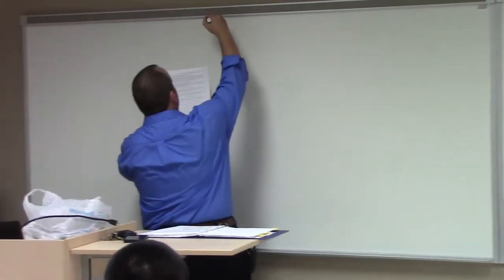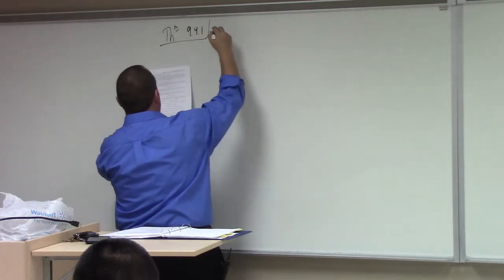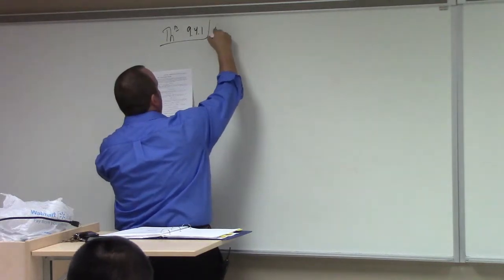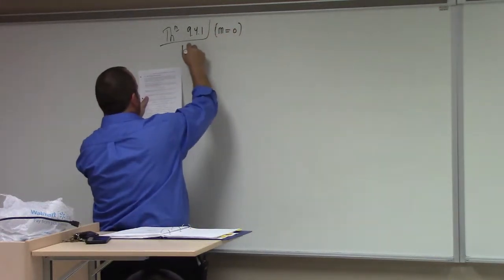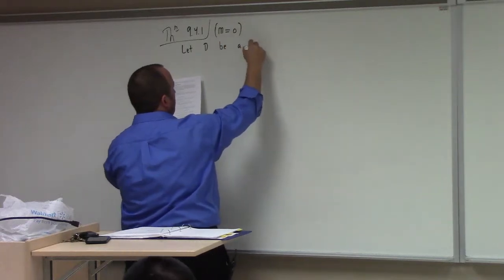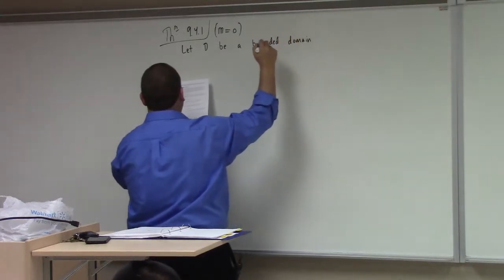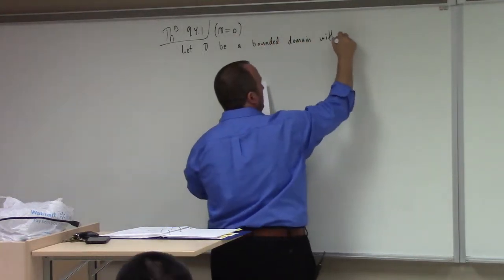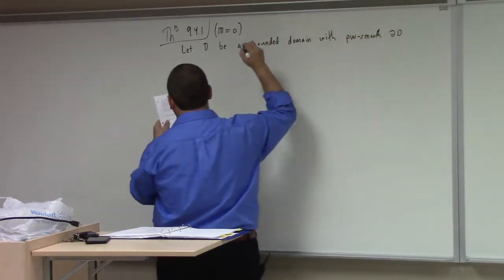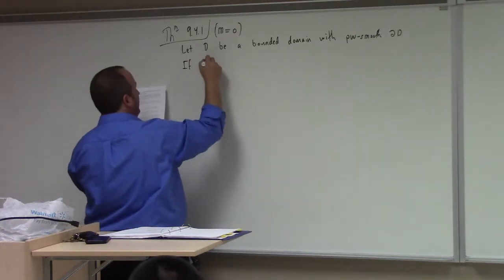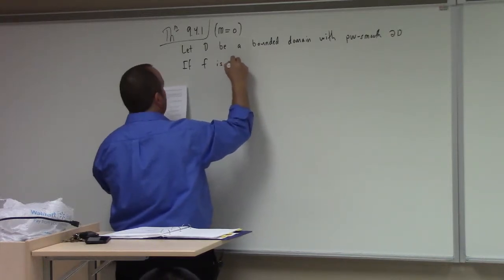So here's Cauchy's integral formula, which is my theorem 9.4.1, and it states this. And in view of the larger discussion, this is the m equals 0 case, all right? And so here's the fine print. Let D be a bounded domain, just merely bounded, right? A bounded domain with piecewise smooth boundary, right? And then if f of z, well, let's say if f is holomorphic